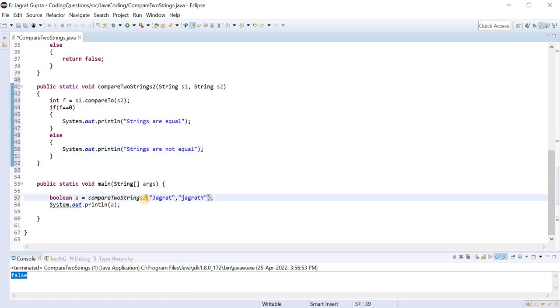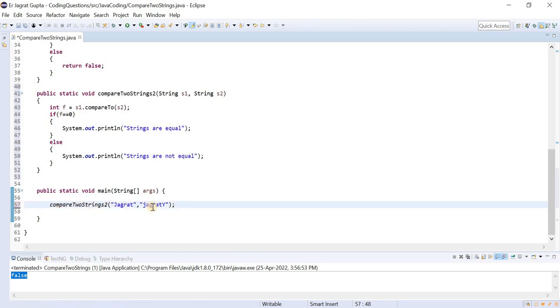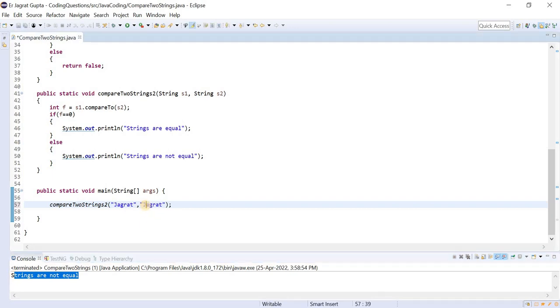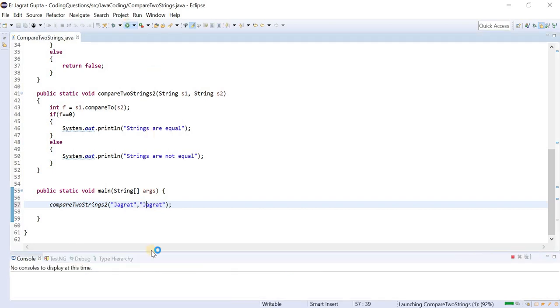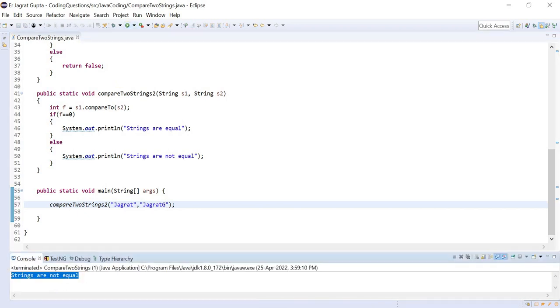Okay, so now we need to change this, and we don't need this boolean this time. This thing also we don't need. Okay, so let's check. So this should not be the case. So you can see that strings are not equal. Okay, and then if we apply this, then the output should be strings are equal. You can see that, and if it is the case, then also strings are not equal.